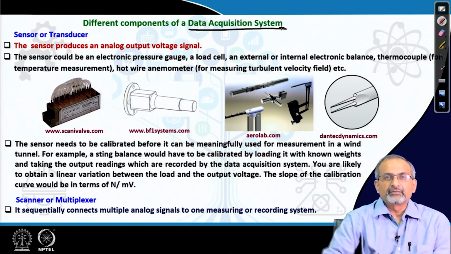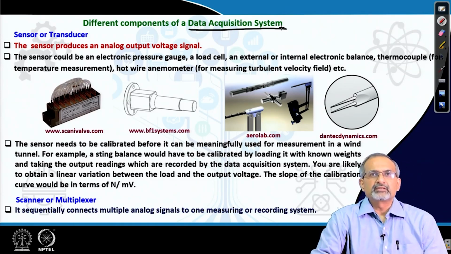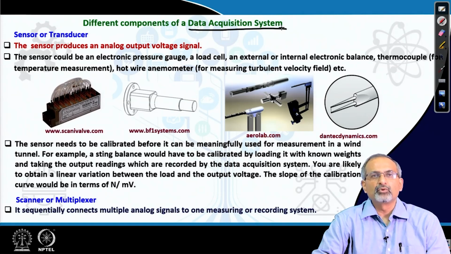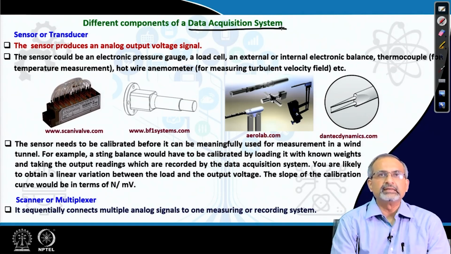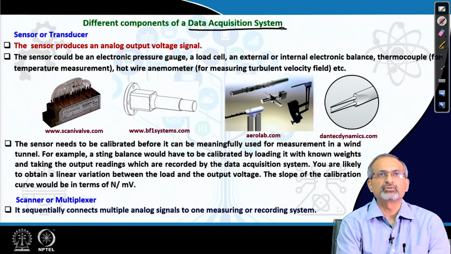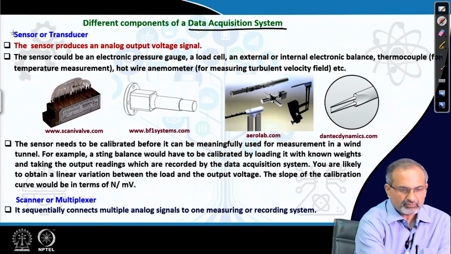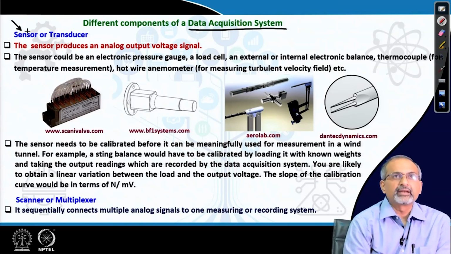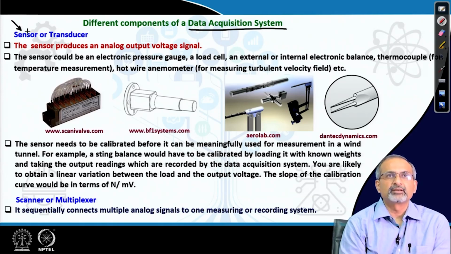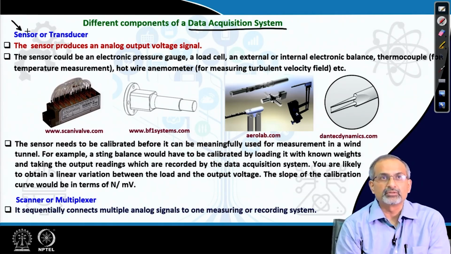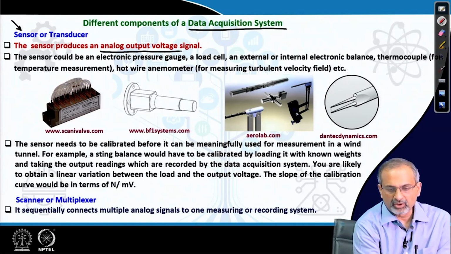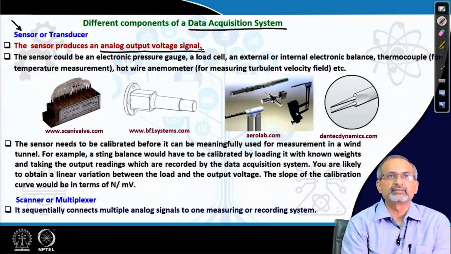Depending on the kind of data acquisition system you are using, there may be some differences here and there and some more components which we are not explicitly discussing over here, but we are trying to mention the most important ones. A very important and integral part of this whole setup would be the sensor or transducer from which the signal is produced. So, we are talking about an analog output voltage signal which is produced by the sensor or the transducer or the gauge,